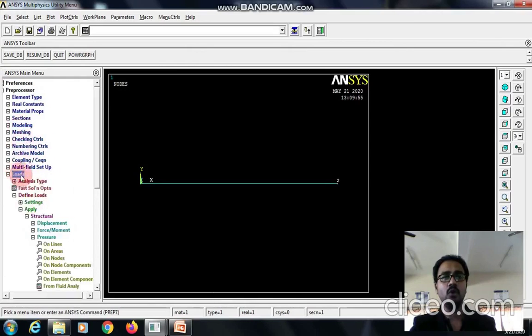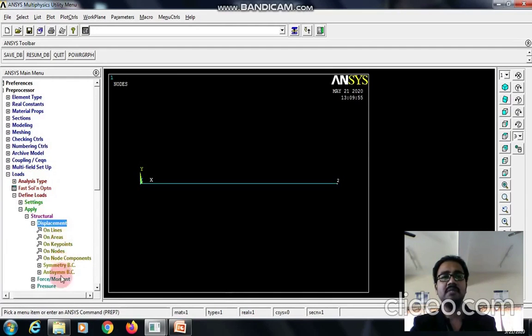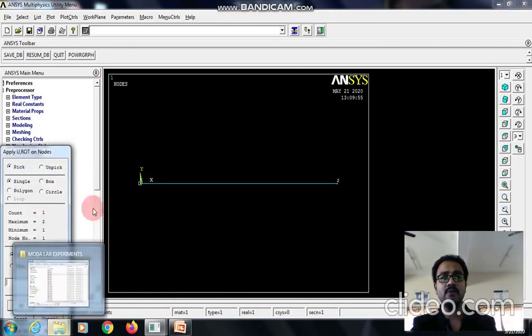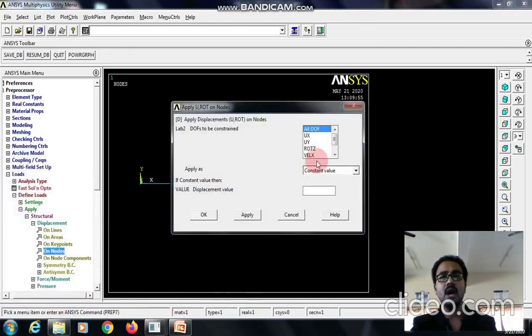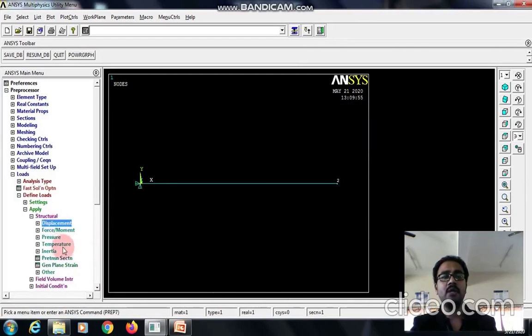Now go to load. For applying the boundary condition, go to the structural displacement on nodes. Pick node 1. Since it is a cantilever beam, I will be arresting node 1 in all degrees of freedom. Apply all degrees of freedom. OK. Now we need to apply the uniform varying load.